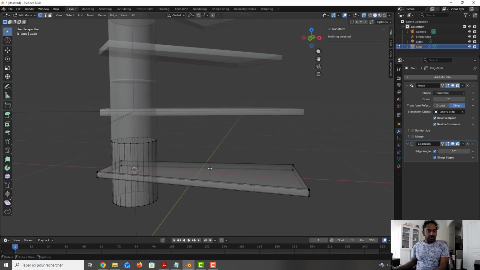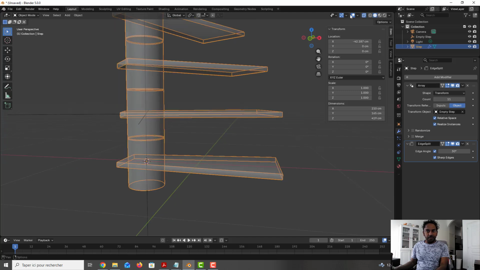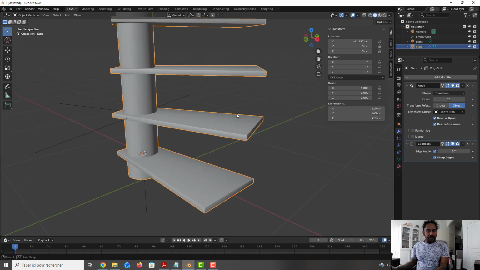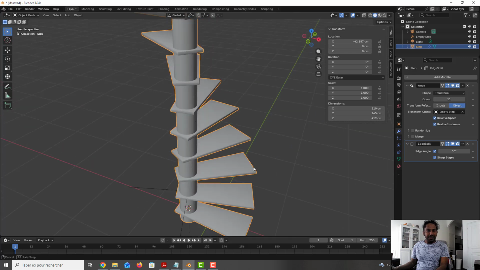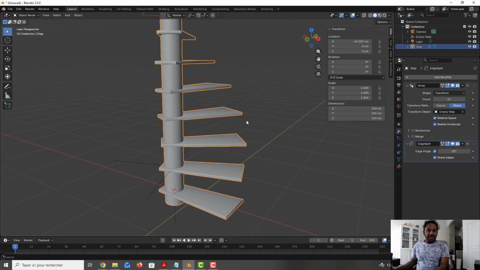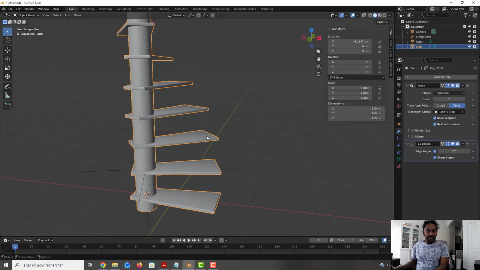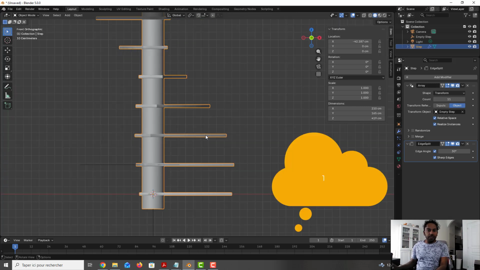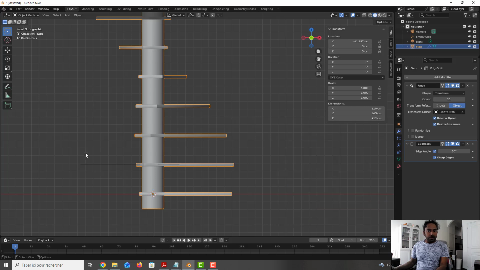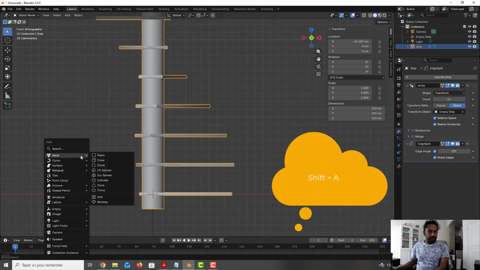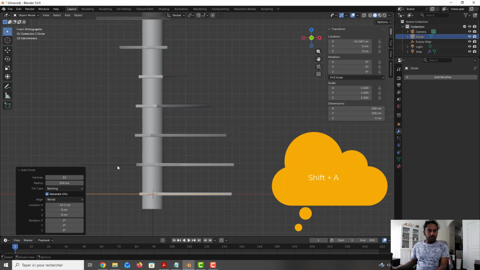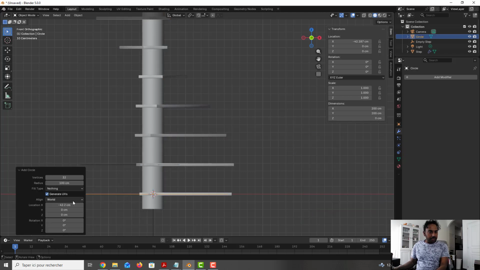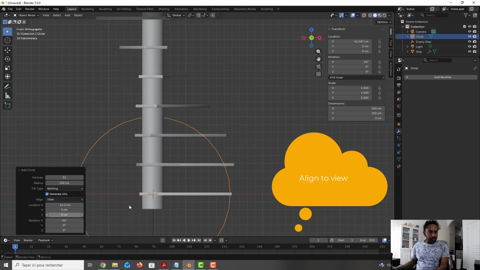So I escape from the edit mode to the object mode, and now we have the stairs here. This is good. Now we can add a ramp just on the right, for example. I go to the front view, so I press 1, sorry, and after you add a circle, Shift A, mesh, circle, okay. We align that to the view because we don't see the circle, and now you can reduce that to 12,